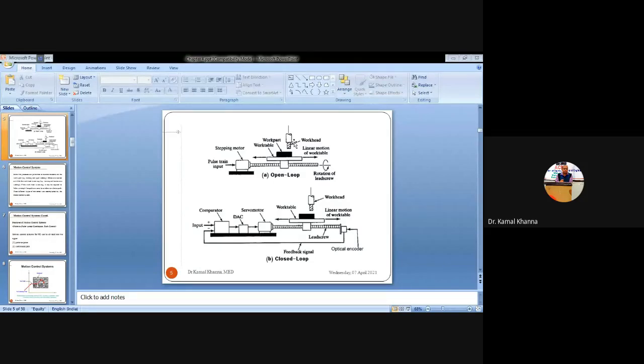If the feedback signal matches with the desired result, then the feedback is provided in the positive way. That is, all the operations are being performed accurately and precisely. Also, the feedback signal provides what the feed rate is, what the speed rate was, what the coolant rate is, what the amount of heat dissipation is, and what the frictional force is between the mating surfaces of the workpiece as well as the tool. So it is providing all kinds of feedback to the comparator, and the comparator is comparing all the signals.